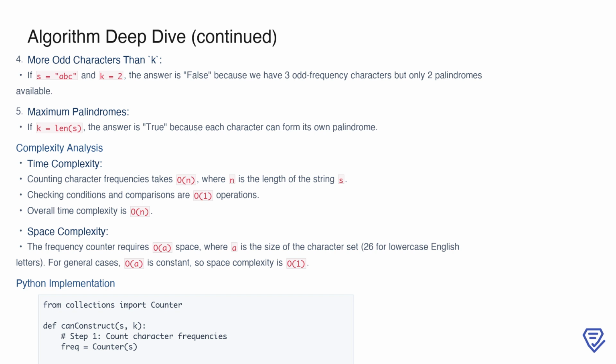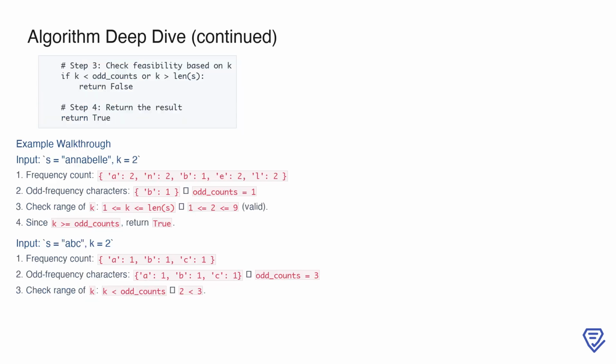The space complexity remains O(1) for the fixed-size character set. These properties make the solution scalable and suitable for larger input sizes. By focusing on the distribution of odd-frequency characters and the feasible range of k, we ensure the algorithm is both correct and optimal. The Python implementation of the algorithm begins by counting the frequency of each character in the string